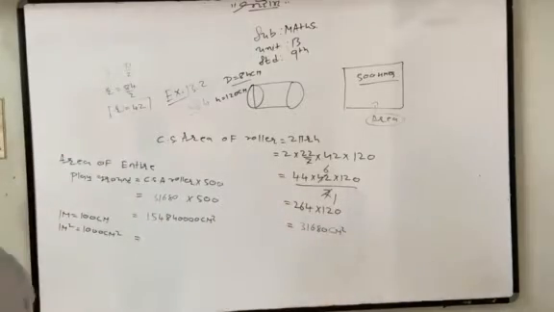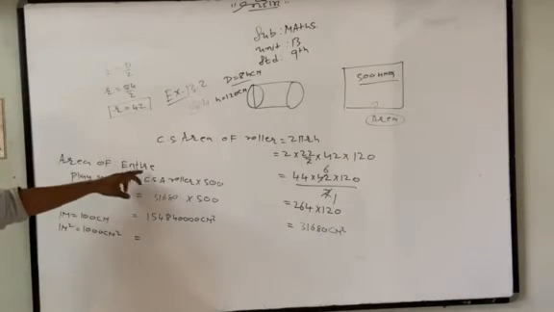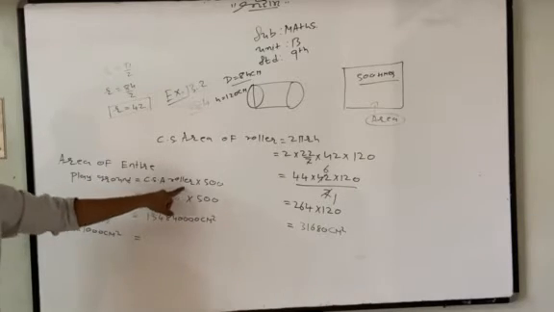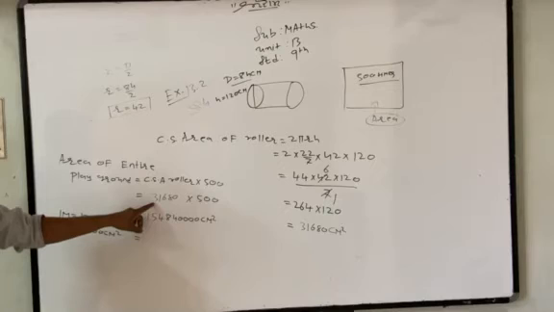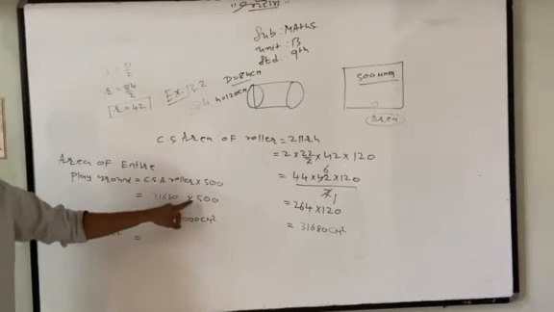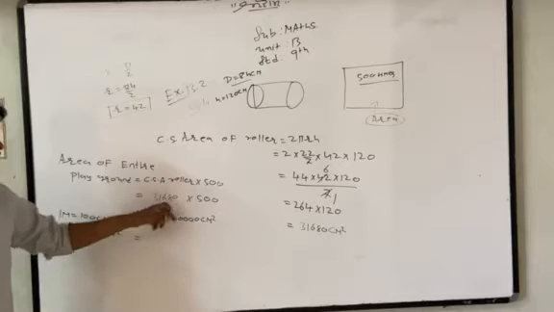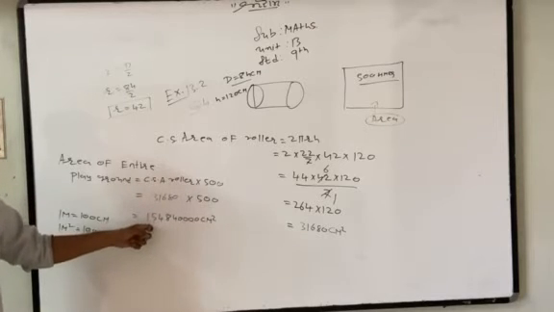This is the area of a single roller, the CSA of a roller. As the roller is rolling 500 times in the entire ground, multiplying the area of this by 500, we will get the area of the entire playground. So let us consider the area of entire playground is equal to CSA of roller multiplied by 500. So the value of CSA is 31680 multiplied by 500.